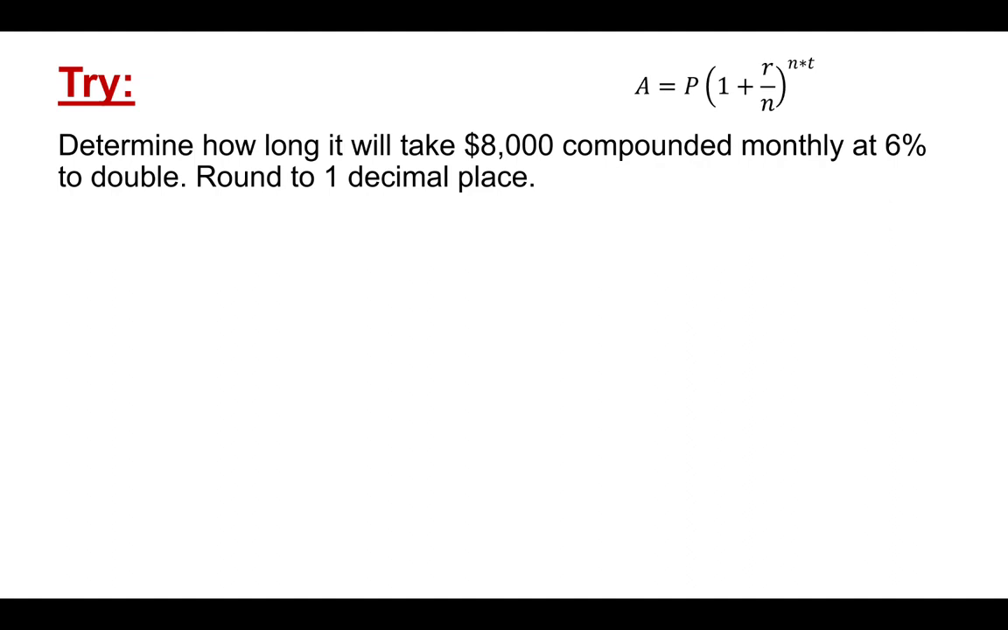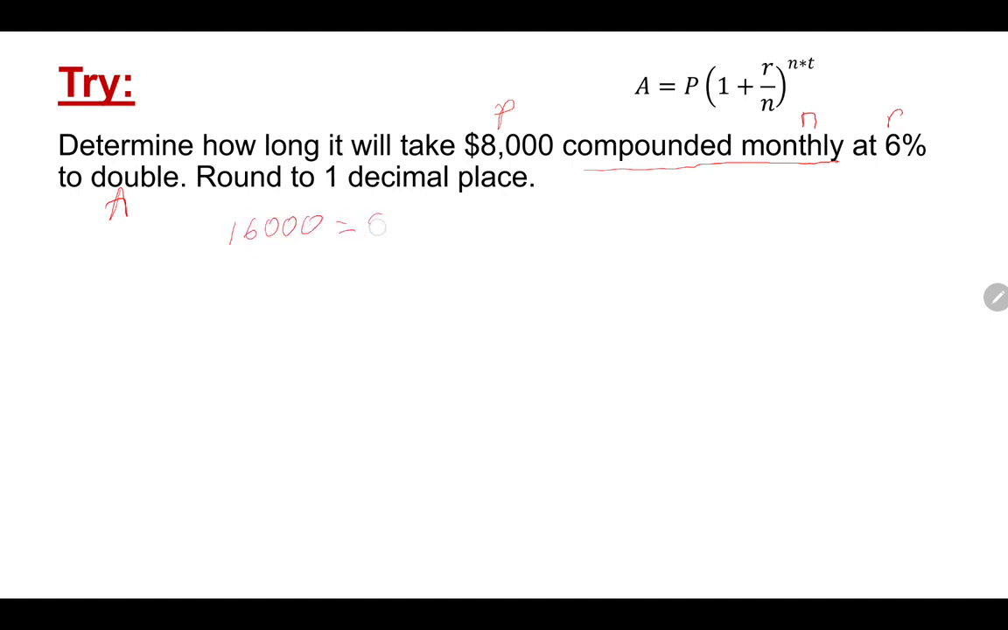All right. So determine how long it will take $8,000 compounded monthly at 6% to double, and round to 1 decimal place. So I have my rate, I have my P, I have my A. It's doubling, so double 8,000. And I have my n. It's compounded monthly, so I know my n. So we're just going to plug everything in. Doubling 8,000 would be 16,000